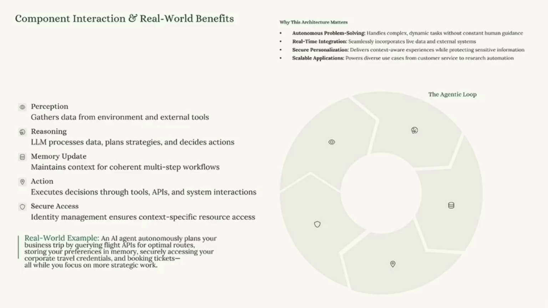These things can only run for a period of time. The current record I think I saw the other day, an AI can only remain coherent for up to about 5 or 6 hours in general. With advanced systems, they can run for maybe 7 or 8 hours. So think about it as if you had a digital employee, that digital employee is only good for 7 or 8 hours of a workday, right? That's what this is doing, except it executes decisions through tools, APIs, and systems interaction, and it leverages an identity to do it. So the real world example, an agent that automatically plans your business trip, queries APIs, books your tickets, there's all of that.